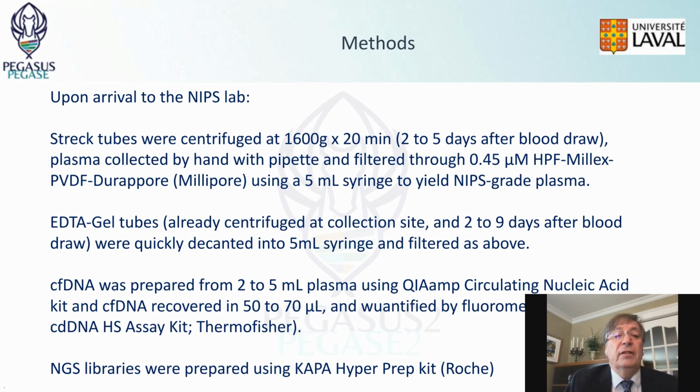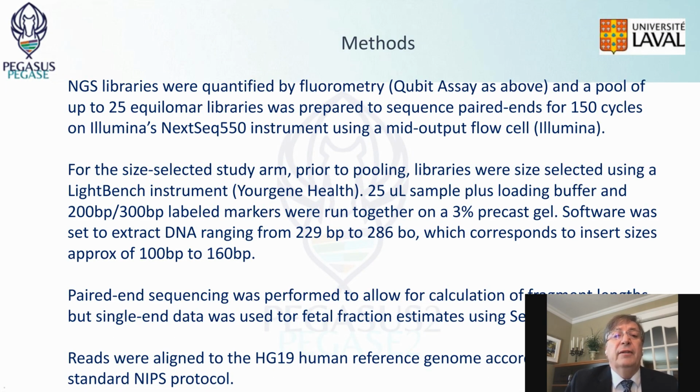So these are the details of the NIPS method. STREC tubes were centrifuged according to standard protocols, EDTA-Gel tubes as well, as I've shown. cfDNA was prepared using QIAGEN kits, and next-gen sequencing libraries were prepared with a Kapa kit from Roche. Libraries were quantified and pooled for sequencing, both for STREC and EDTA-Gel tube, but a second step was added for the same batch of EDTA-Gel libraries, which was size selection using a LightBench instrument from Neurogene Health, in which we